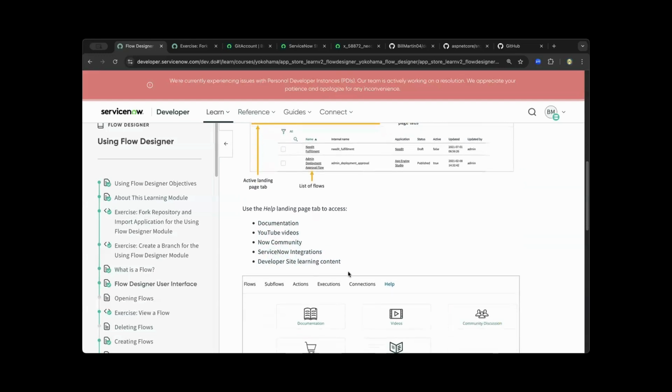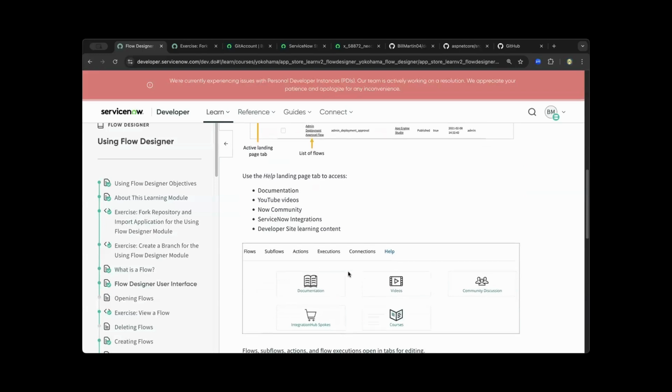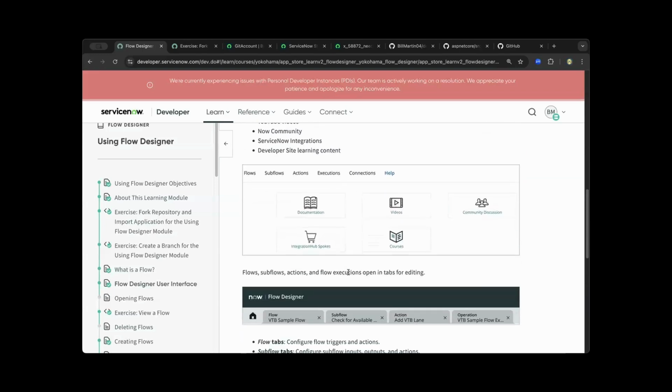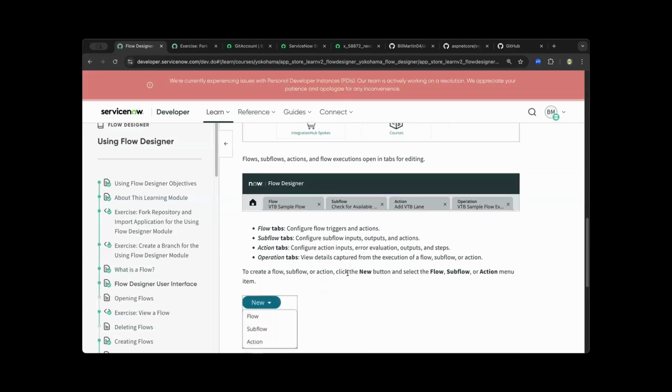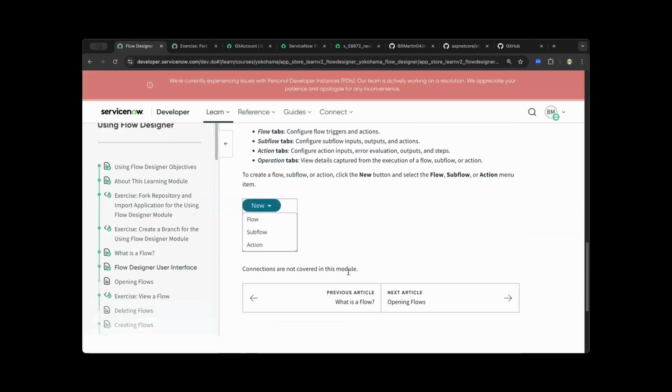On this journey, this is what I'm already doing, helping you step by step to ensure your success in learning Flow Designer, since this is one of the core skill sets that you will need as you journey in your